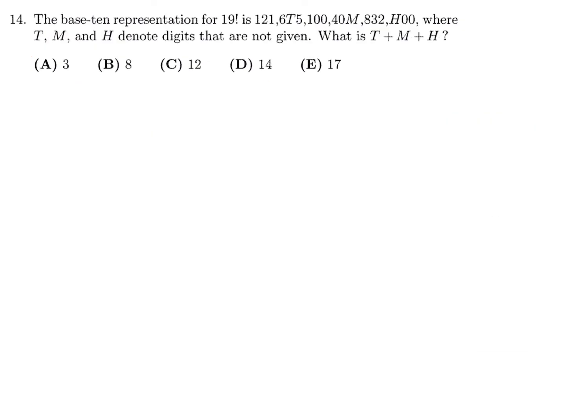The base 10 representation for 19 factorial is this big long number, where t, m, and h denote digits that are not given. What is t plus m plus h? Well, the first thing I'd like to talk about is